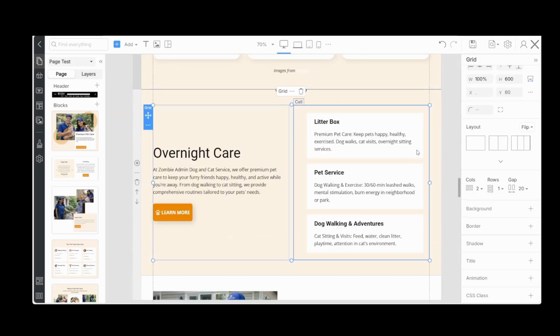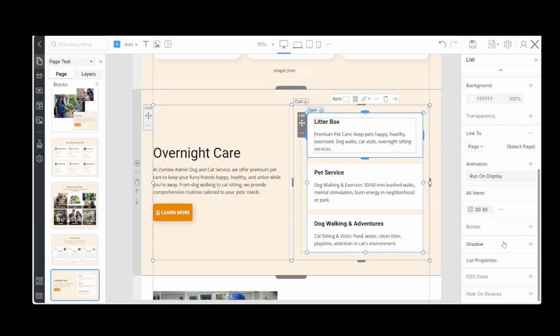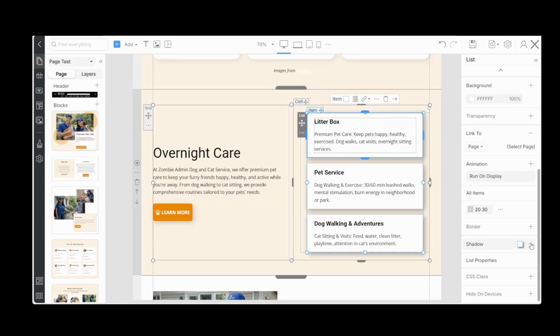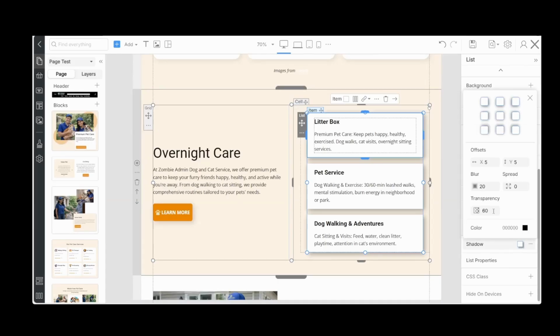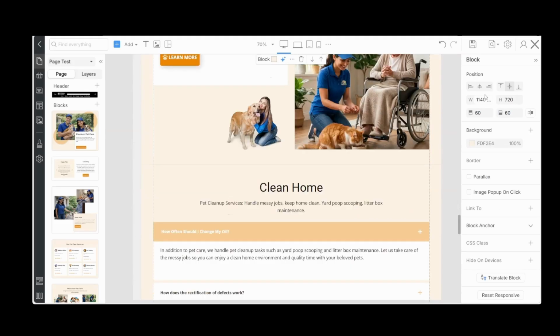Same thing here. Let's add a little shadow. And we're going to take this to 90. I like it soft like that. And let's save.